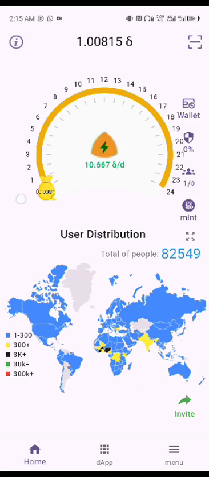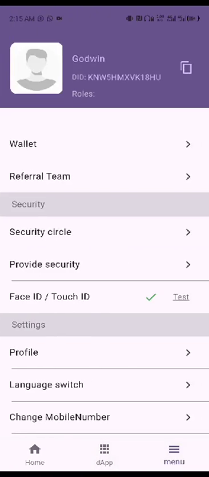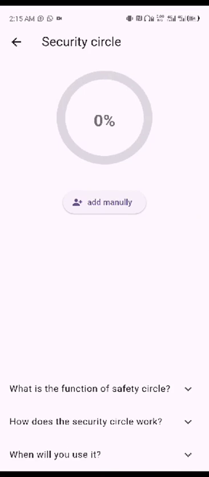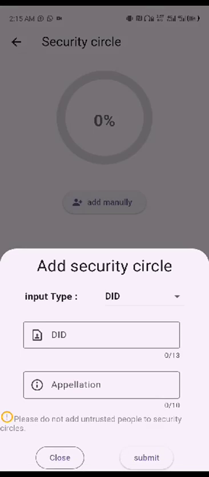If you want to add your security circle, I'm going to make a separate video. This video is about how to register. For those of you who want to add members to your security circle, you need to come over here and click on add manually. After you click on it, you enter the person's referral ID. So if you're on my this